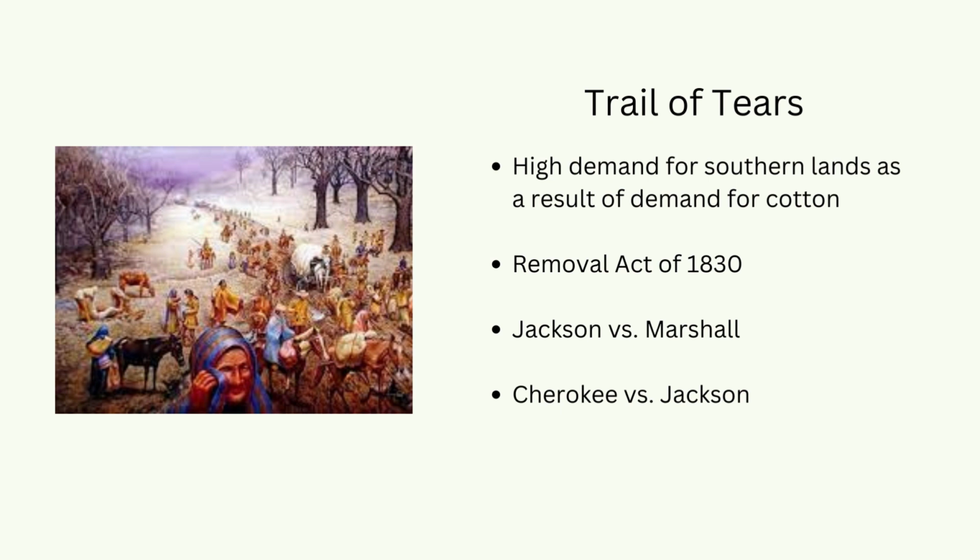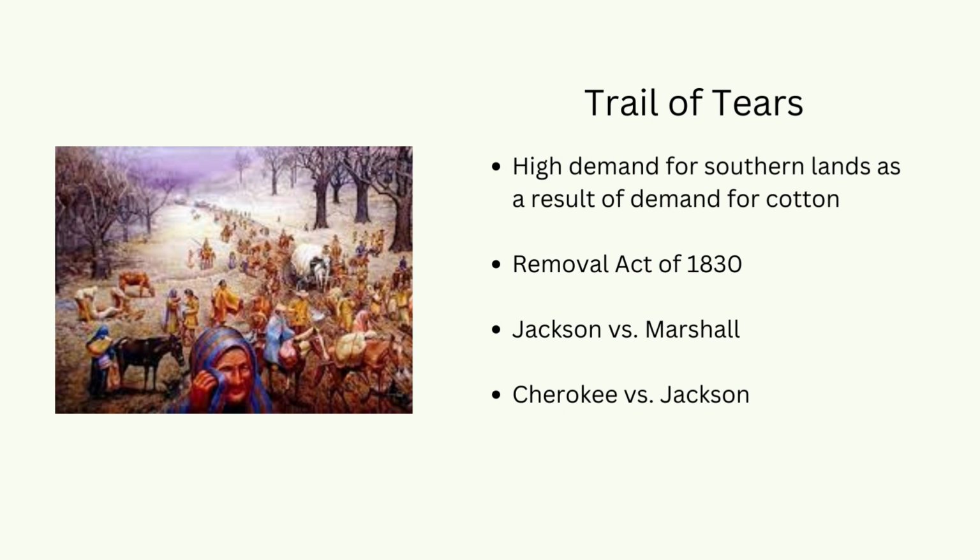Now, Thomas Jefferson and James Monroe beforehand argued that Indian tribes in the Southeast should exchange their lands for lands west of the Mississippi, but they never made any steps to make it happen. As a result, what ends up happening under Jackson's presidency is a turn towards coercion, towards trying to get these tribes to move west of the Mississippi. And I should point out here,